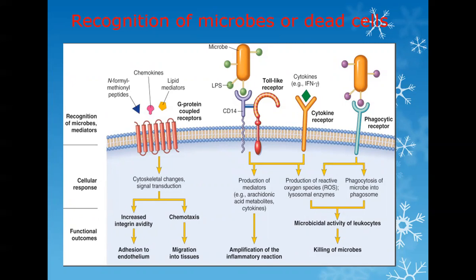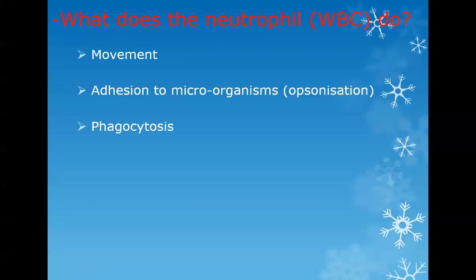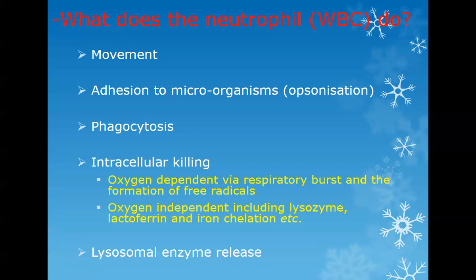Now, the neutrophils which are coming out have to kill the bacteria. How do they kill the bacteria? This phagocytic receptor again recognizes the microorganism, and they engulf it and take that microorganism in to be killed. Clear? Now, this WBC moves towards the microorganism, phagocytoses, and kills the bacteria. For killing the bacteria, you have two important pathways. One is oxygen dependent, which is called respiratory burst, and the other is oxygen independent, by lysosomal enzymes.